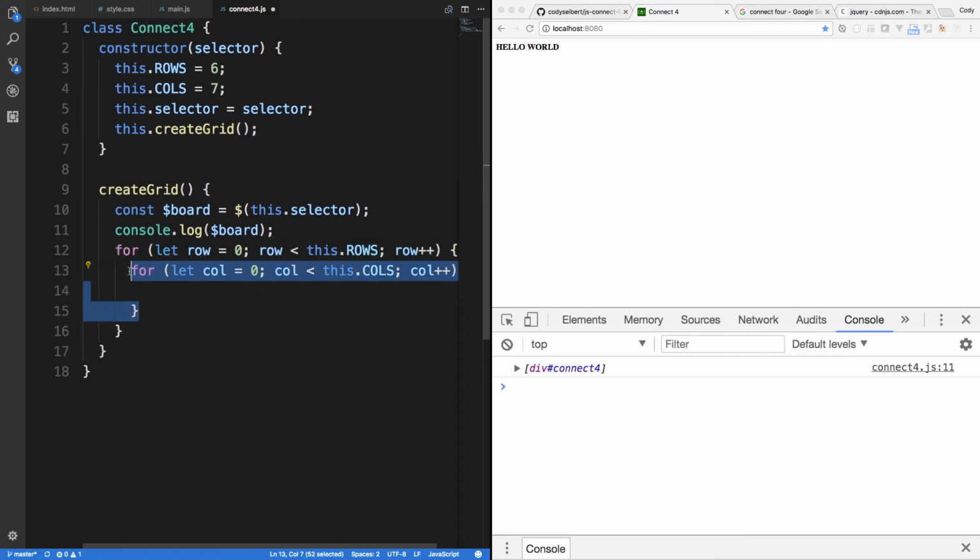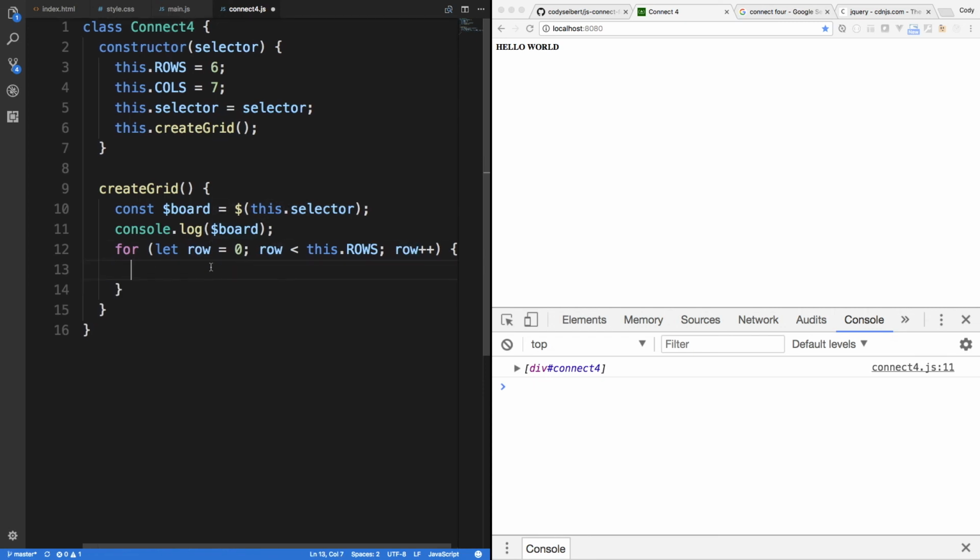In fact, I'll take a step back so I don't confuse you all yet. So let's just start with the rows. For each row, what we're going to do is create a new div. So I'll say const $row. The way I use this money sign in front of variable names is just so I know that it's a jQuery object. This is just my convention. You don't have to follow this, but it easily lets me know that this is a jQuery object that we're messing with. So we're saying const $row is equal to